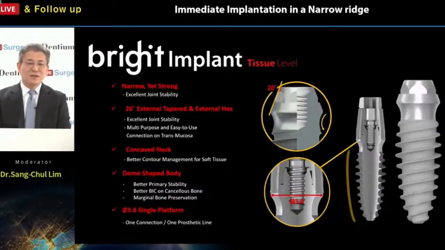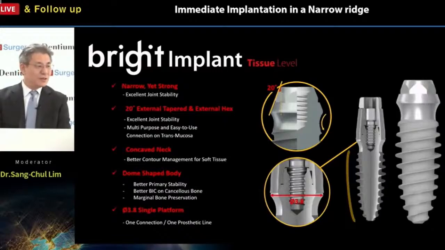As you know, with the Straumann-style implant fixture, the tissue level has an internal connection, so there is some limitation in reducing the diameter of the fixture. However, this Bright tissue level is an external connection, so we can reduce the diameter to 2.0 or 2.5, which is acceptable and makes a good result possible for